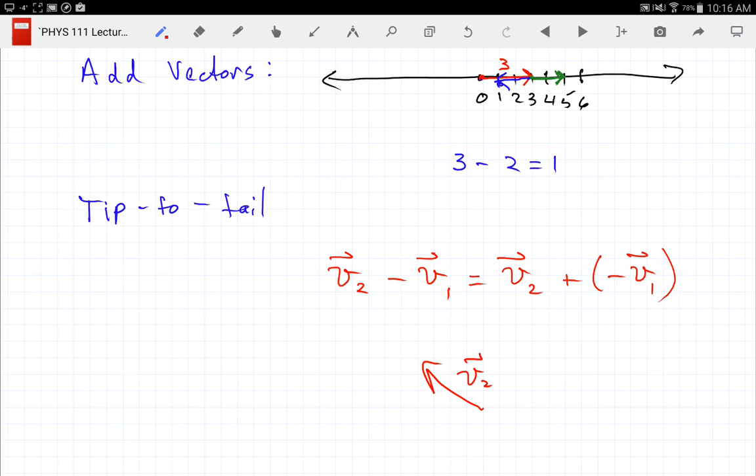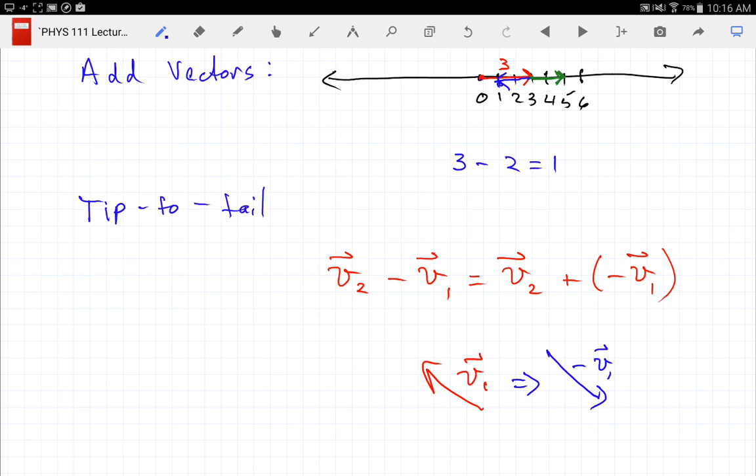Let's not erase. Too late. v1 went like this. So if that's v1, what should minus v1 look like? If it's minus, what's the opposite of going to the right? Going to the left. If it's minus, it's just going to be the opposite. So minus v1